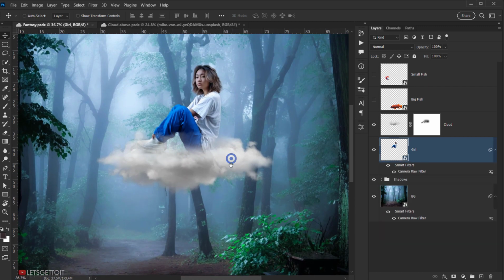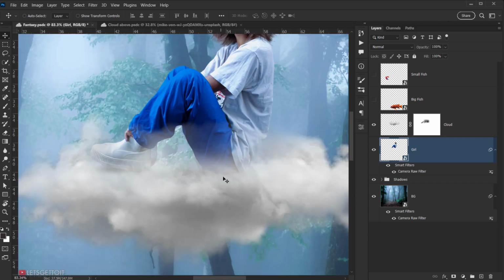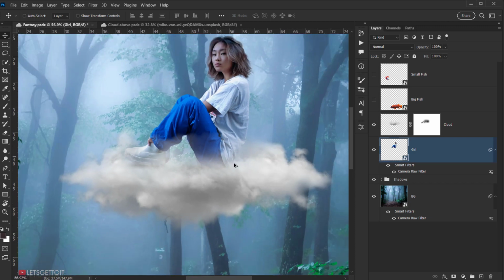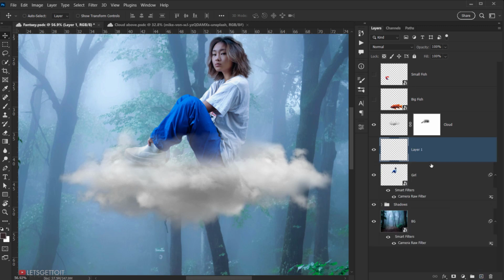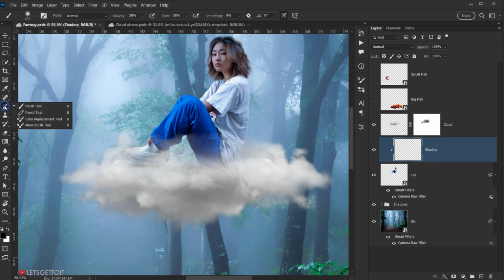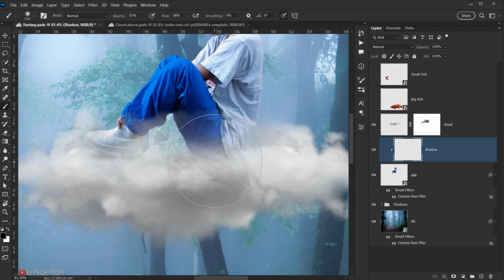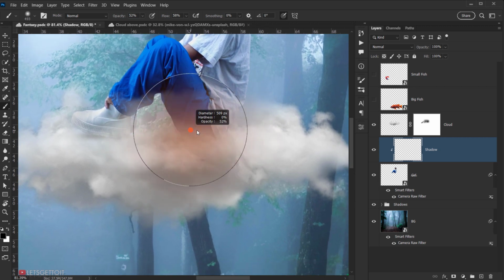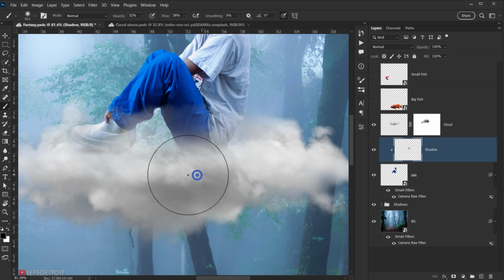Let me just delete this layer mask, and I want also to put a little bit of shadow on the bottom in here. So let's create a new layer on top, and let's clip it in here, and let's call this shadow, and then let's grab a normal brush, like 50% opacity, and let's sample a color. Let's actually use the black color, and let's paint a little bit just like this. Yes, in the edges in here,